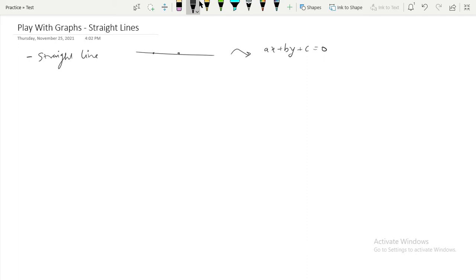So if you ask me if x is equal to 0, is this a straight line? So yes. Then how does a straight line look? If we plot it, this is y, this is x, then x is equal to 0. These are the values of x: this is 0, this is 1, this is 2, this is 3. So x is equal to 0 means at this point x is 0. So all these points whose x value is 0 will be coming as a straight line. So x is equal to 0 means just this is a straight line. This is x is equal to 0.